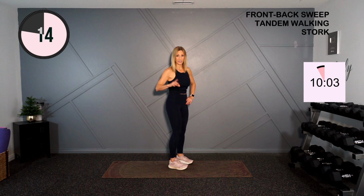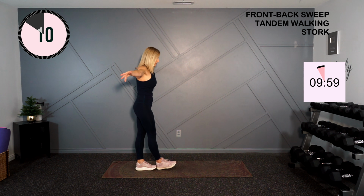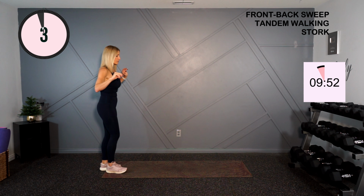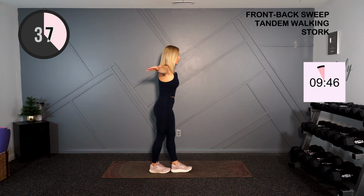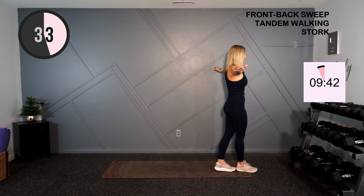Very good. Moving into our tandem walking. All right, one foot in front of the other. I'm gonna walk forward and back. If you don't feel good walking backwards, turn around and then just walk forward again. Tandem, one foot in front. Here we go. Keep your eyes up and you're just walking one foot in front of the other, and then